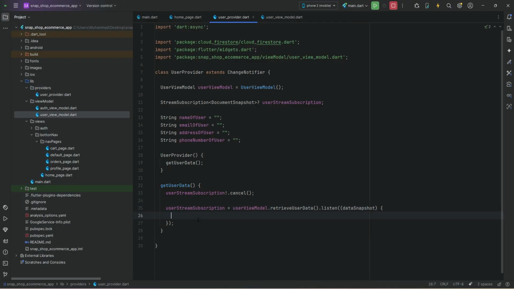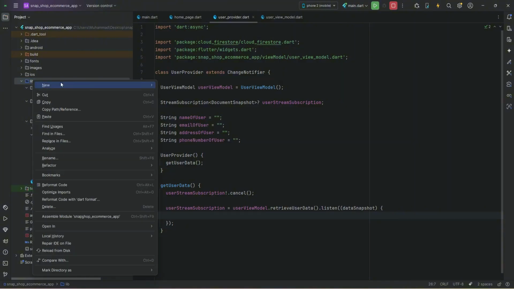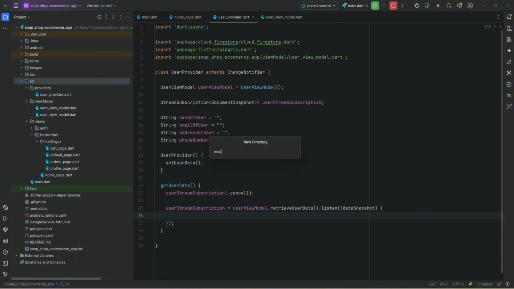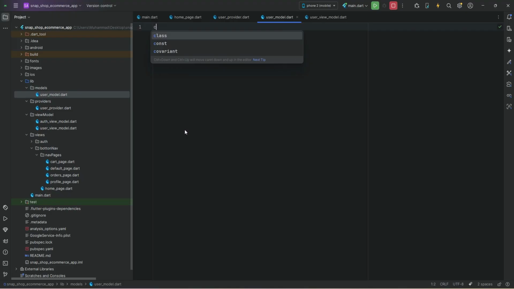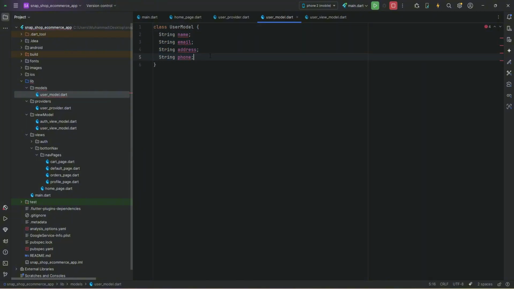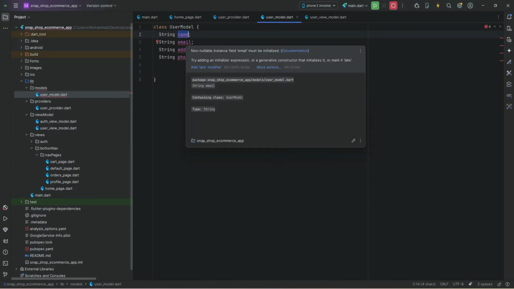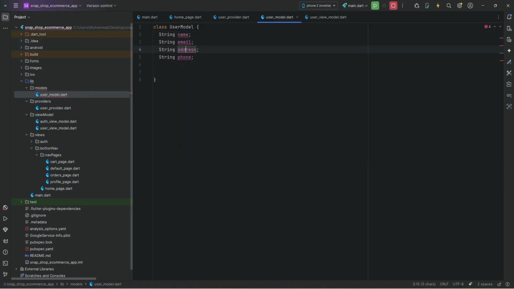now as you know that the data coming from the database is in JSON format, so we have to convert it to proper normal format. So let's create models. Right click on lib, new models folder. Inside the models folder, the first model class will be the UserModel class. Define these attributes of the model class. Now remember, we will use the same key names. We have used the same key names while storing the user data inside the